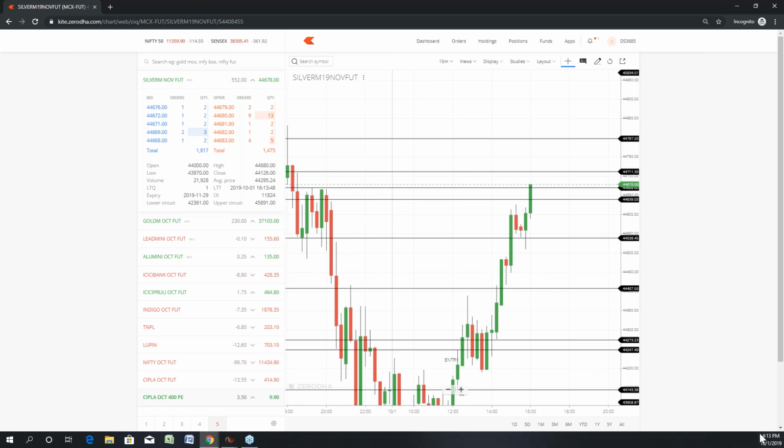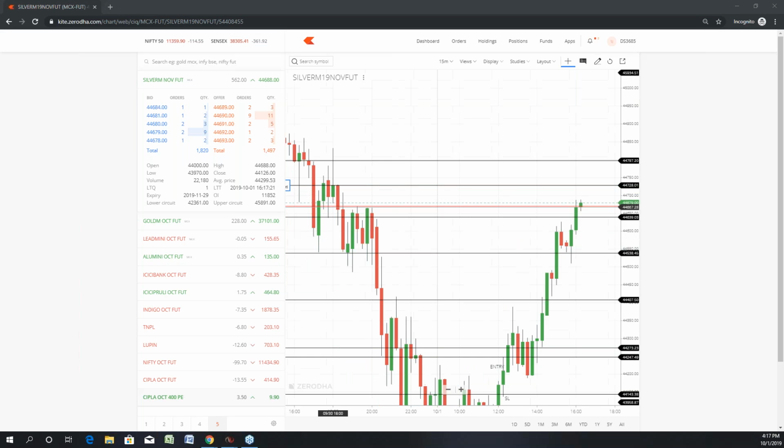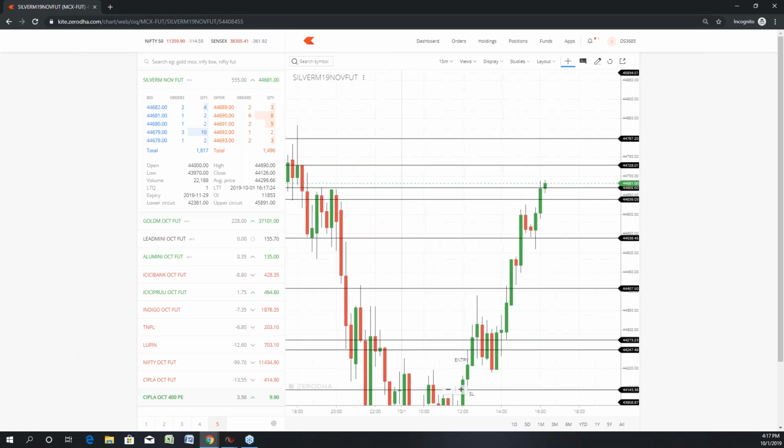I'll still wait for it to close. Right now it's about 4:13. I'm going to hold for another few minutes. I'll see how the next candle begins, and then again continue with my video making. So right now it's about 4:17, and you can see the volumes. See, it is struggling to go above this, right? And now the next hurdle that I feel is going to be